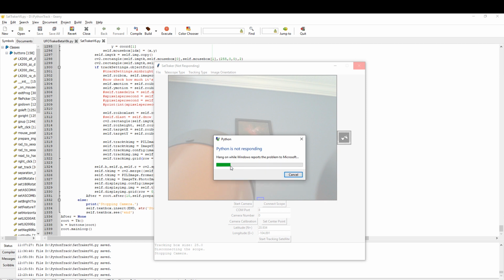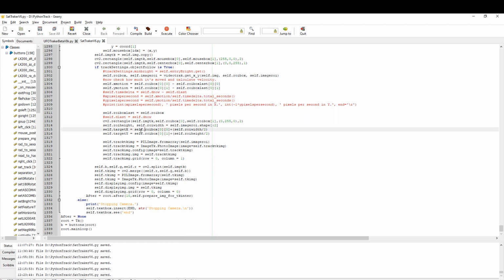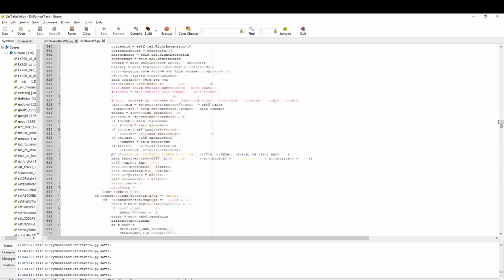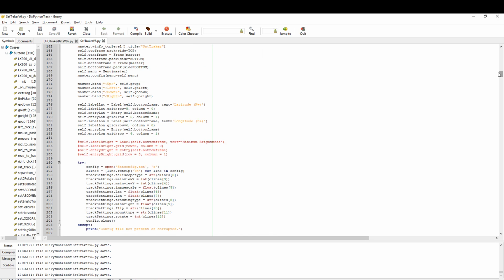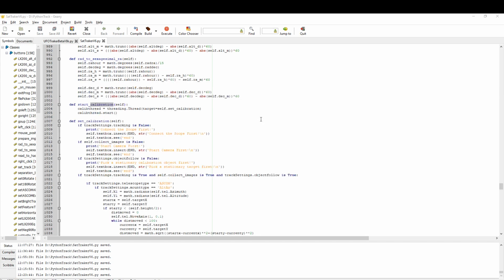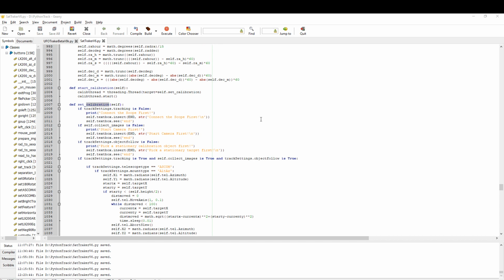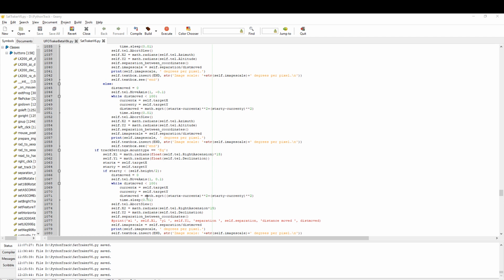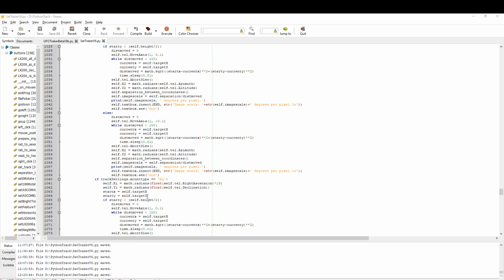Yeah, I'd probably try to save configuration when it's in a half-completed state on image calibration. That's probably not good. Where is the calibration? So if it's ASCOM,